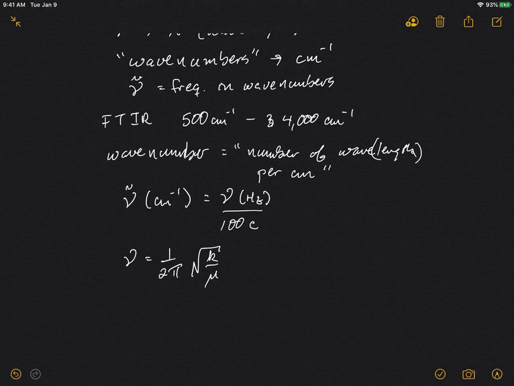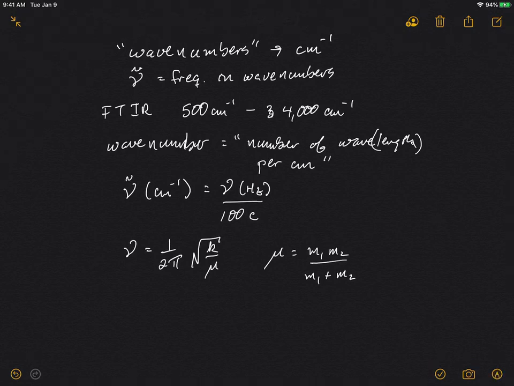We have k already, we don't have mu. Mu is the reduced mass, and for a diatomic,